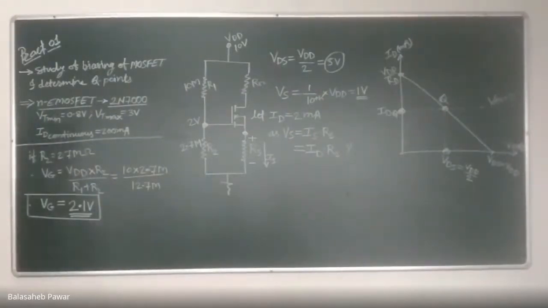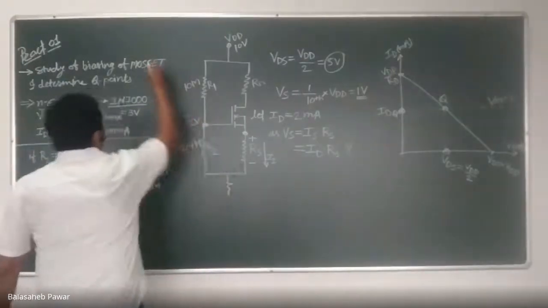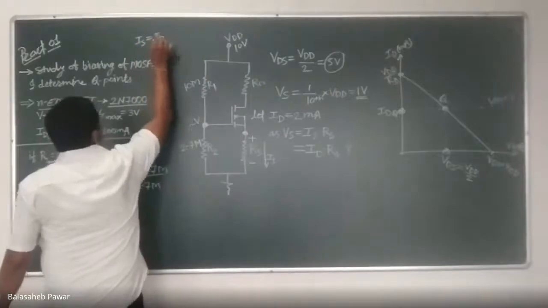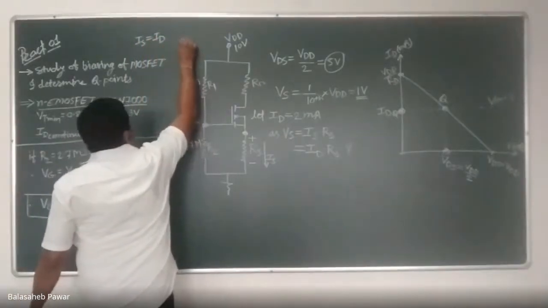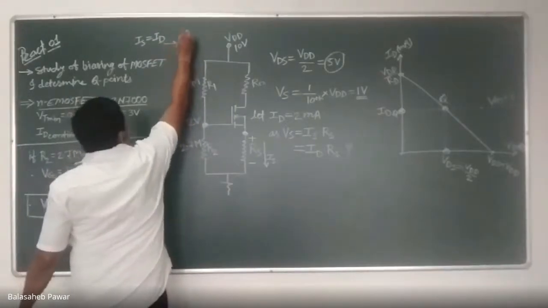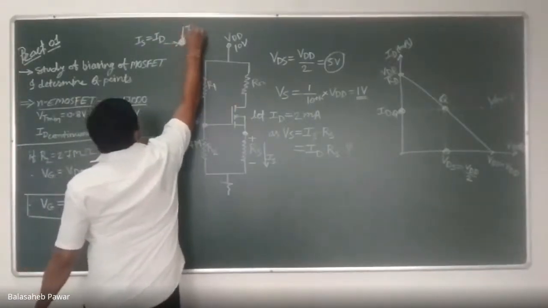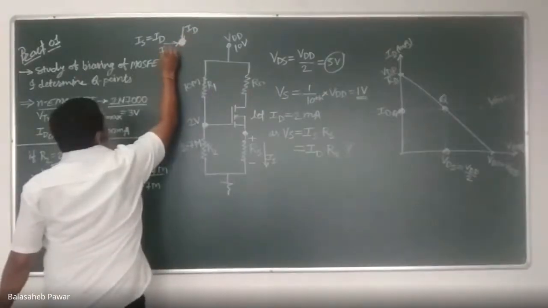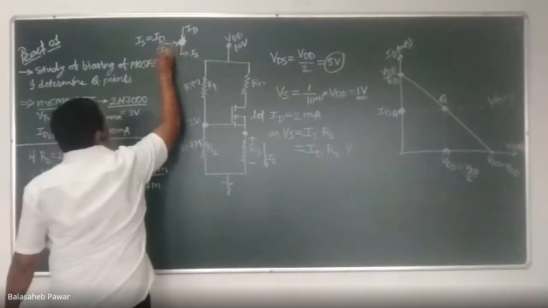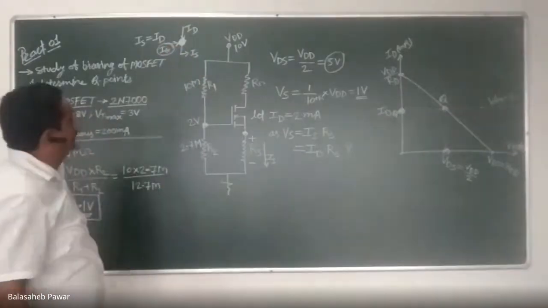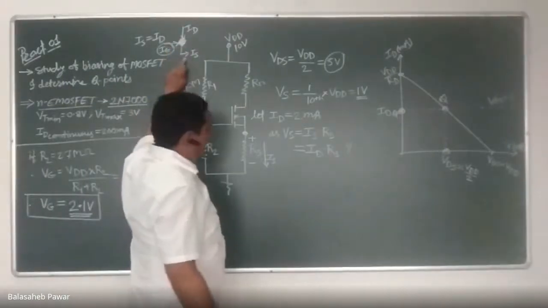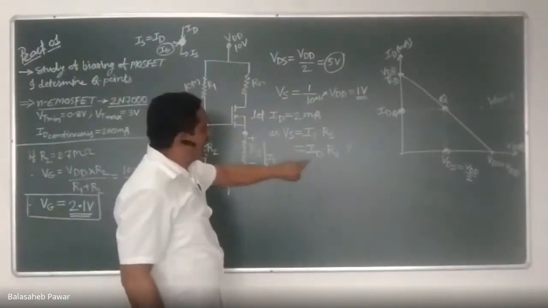Can we say for a MOSFET that Is equals ID? Yes. Because whenever we consider that MOSFET, there are two incoming currents. One is ID, another is Ig, and one is the outgoing current, that is Is. Since Ig equals 0 because of that SiO2 layer, by KCL, ID equals Is. So that's why I replace this Is by ID.